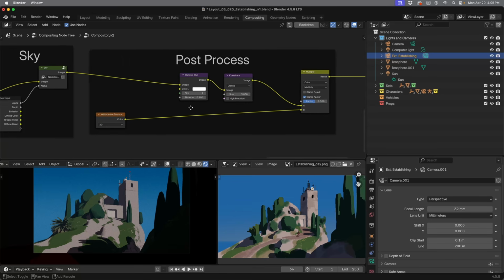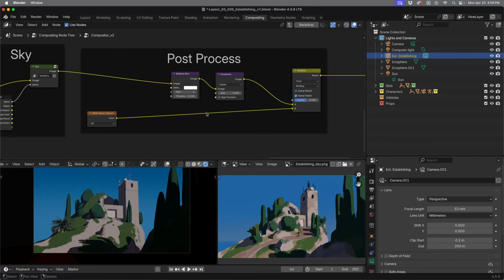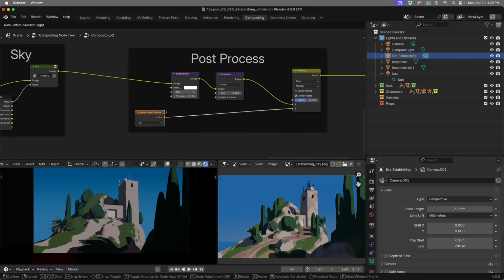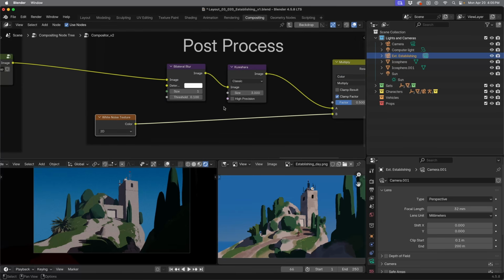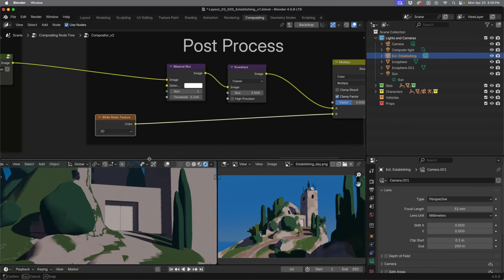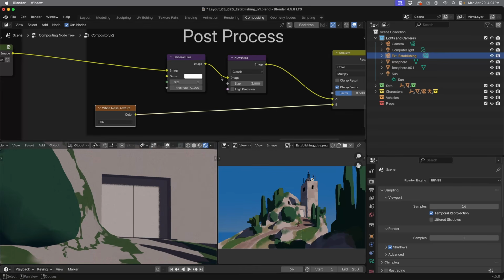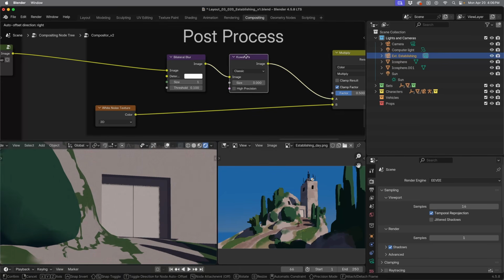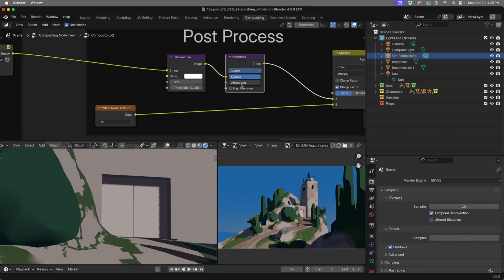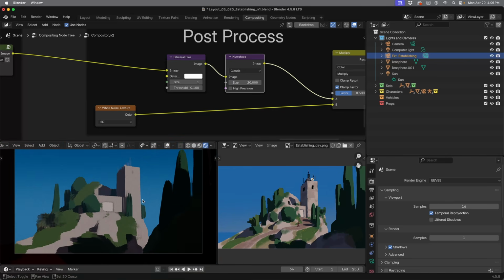And finally, we have this little group I'm calling post-process, which is just the fun, tiny stuff, just giving everything a teeny bit of blur. And then the Kuwahara, I love playing around with this. It's super slow, but I realized the classic version kind of does what I want. Basically, let's crank this up to see. Oh yeah, you get this really messy,